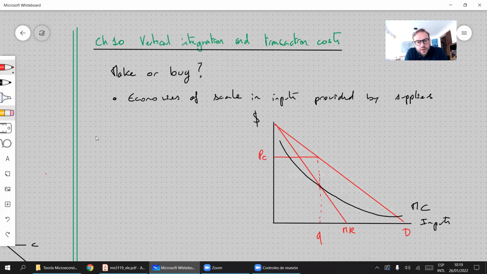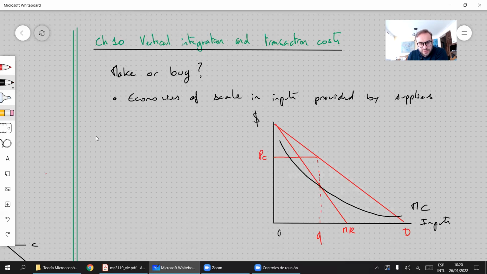So if I am purchasing these inputs as a retailer or as a manufacturer of shoes, and I need to buy an intermediary good, and I need to decide on whether I should produce my own leather or try to buy it from the other company, what I should basically check is what is the cost for me of producing. So if I need small units